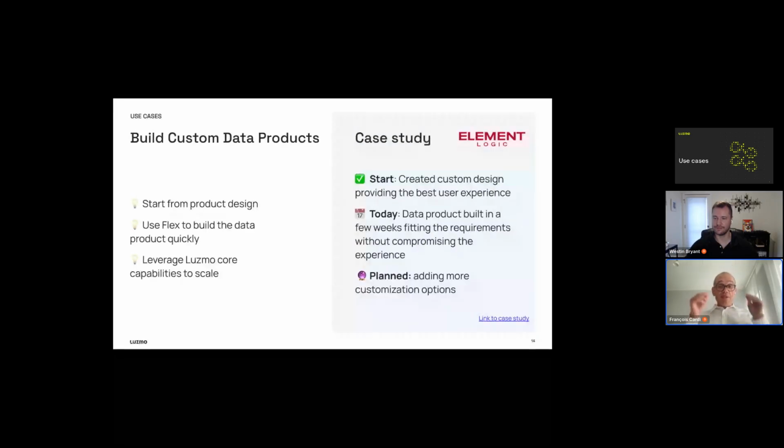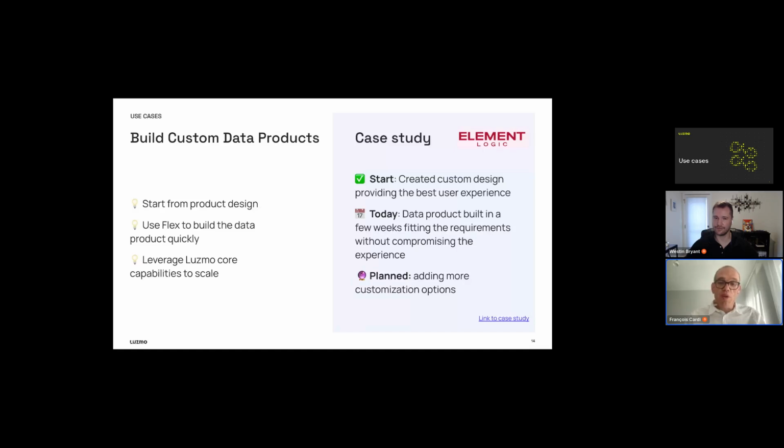And actually, I wanted to start digging into a use case we had. It was our first use case. It was a company named Wht. They started building a data product, and they worked with their Figma design. And when they wanted to move from Figma to production, they encountered some limitations. So we started to discuss how it could be doable to solve these problems, and Flex was really the solution for them. Why? Because Flex helps them to build their data product very quickly, but also because they